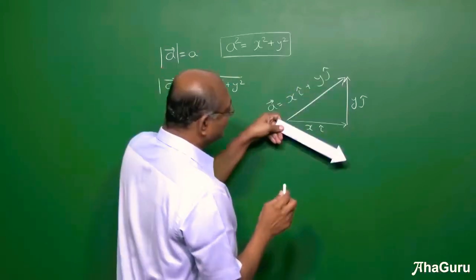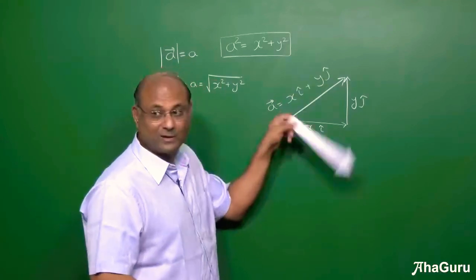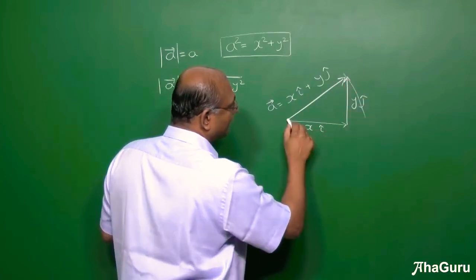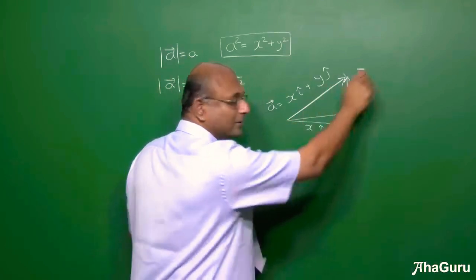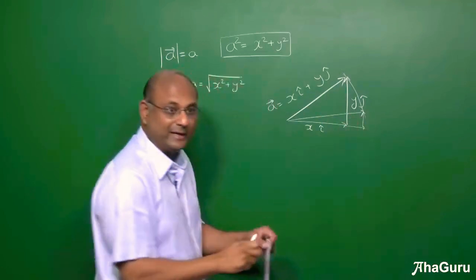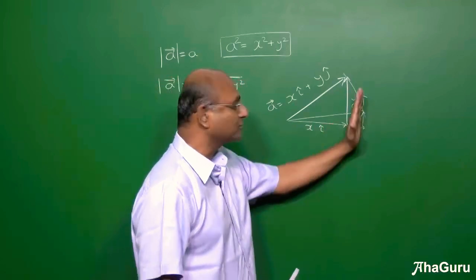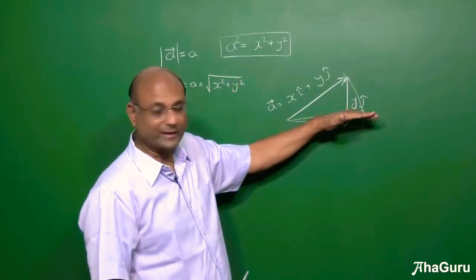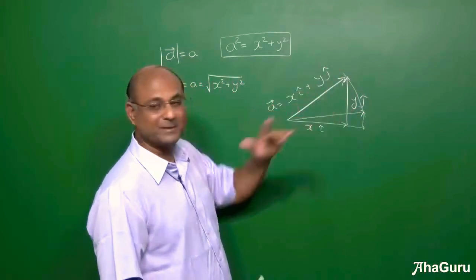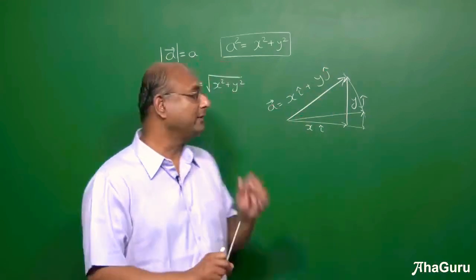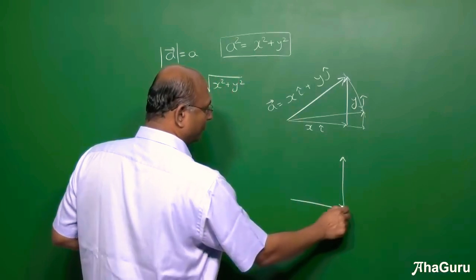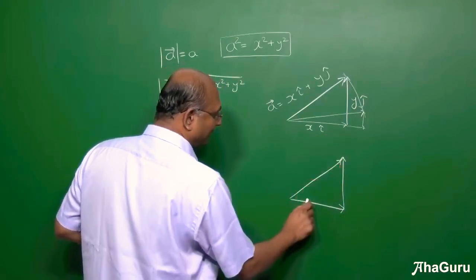Now, this vector and this vector are not equal, but they have equal magnitude. For example, if I drew a circle like this, and took a vector here, this length is equal to that length. But this one will have a different x and a different y, but x1 square plus y1 square will be this square, and x square plus y square is that square. You will find that these are the same, though the x1 and the y1 are different.